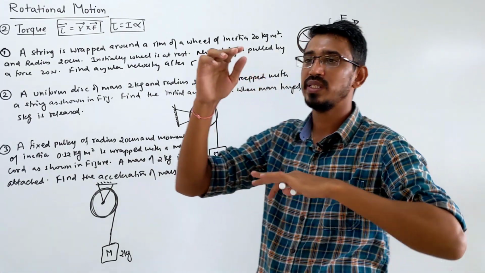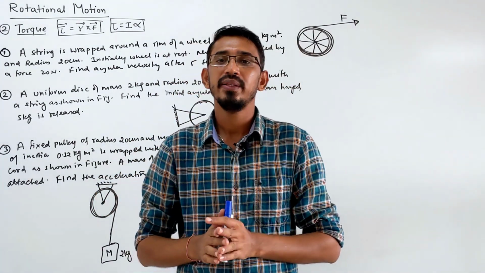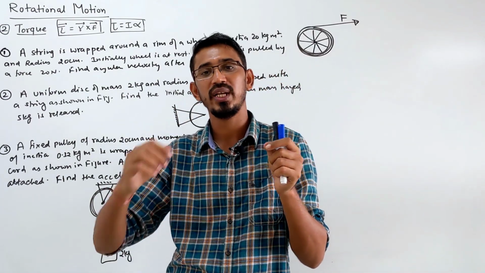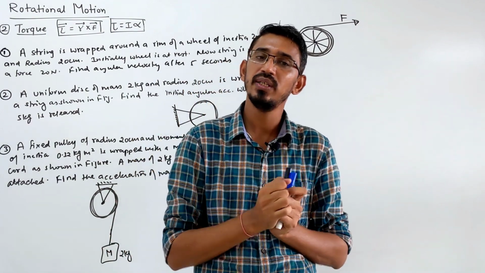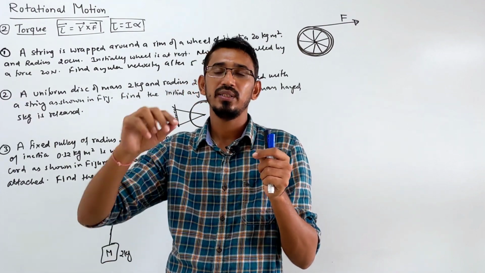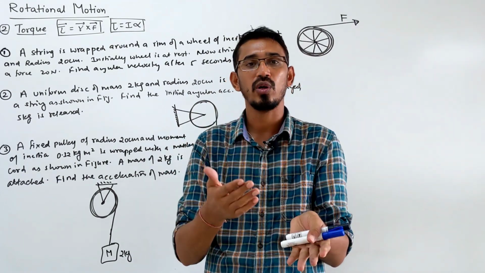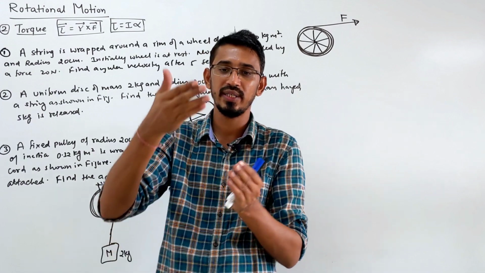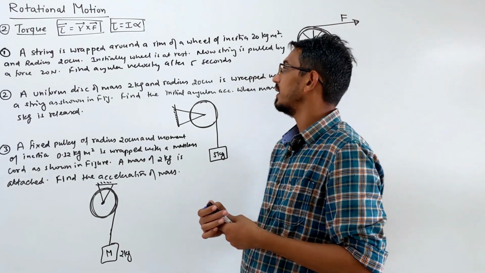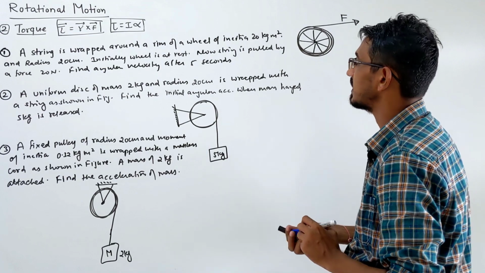Here what happens? Always some string or cord is wrapped around a rim, it could be a disc, it could be a ring. Then we pull that so that the wheel starts rotating. In that case we are applying force to pull that string. So we are applying a torque to our disc. So the force is whatever force we apply by string, and the pulley or disc rotates about its axle. So we will calculate torque, the force times the distance, which simply becomes the radius of the pulley or disc. Then we have to calculate acceleration and velocities and these things.